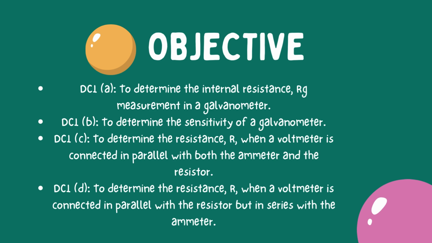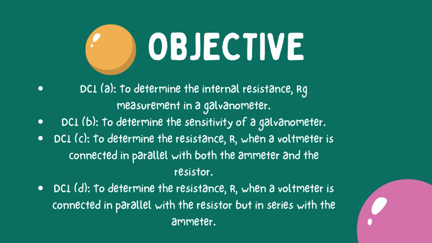In experiment DC1, I conduct 4 different parts of this experiment with different objectives too. DC1A is to determine the internal resistance measurement in a galvanometer. DC1B is to determine the sensitivity of a galvanometer, and DC1C is to determine the resistance R when a voltmeter